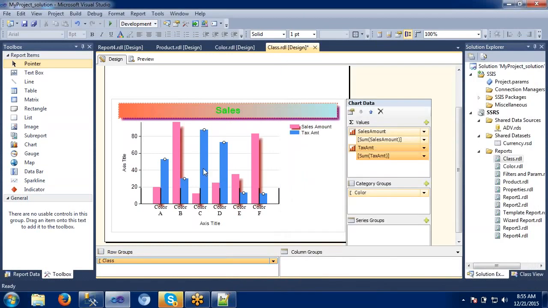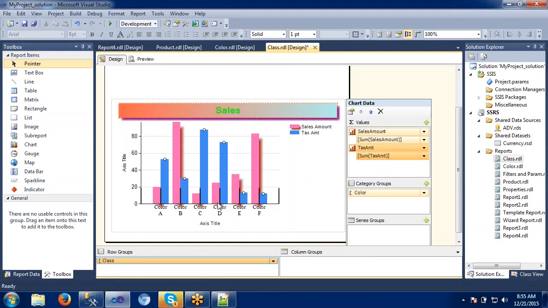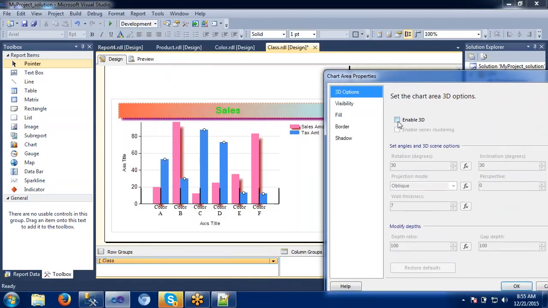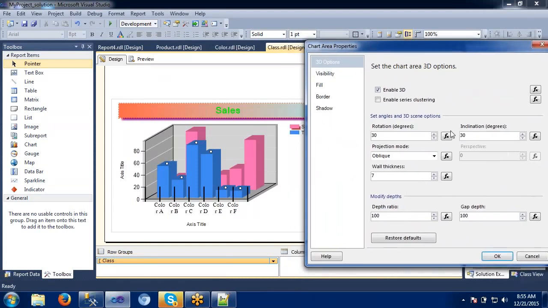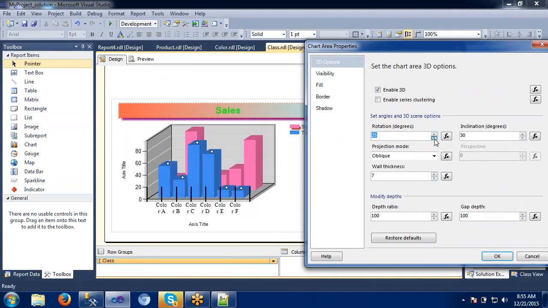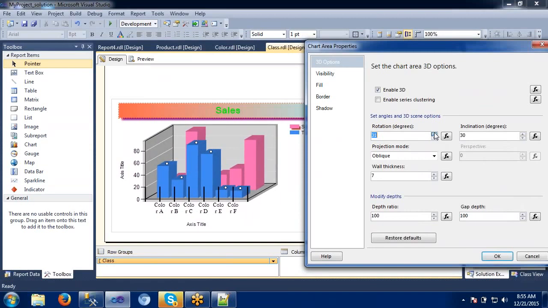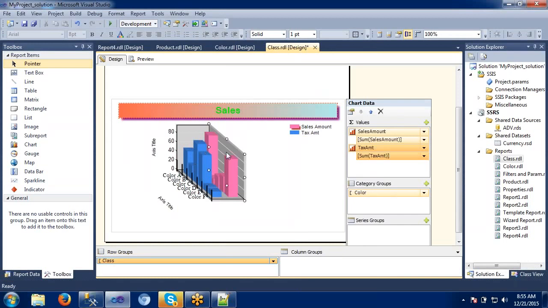One important thing we need to observe here is, if you see this one here, it is giving me 3D effects, right? Let's click on this one. If I enable this one, it will be taking me to some 3D effects. See this one. Now it is displaying some multi-dimensional effects here. Okay, this is how we can use our 3D effects here. Rotation, if you want to make some rotation, we can rotate it. If you want to change the degrees, then we can set 70. See, now it is giving me 3D effects like this.